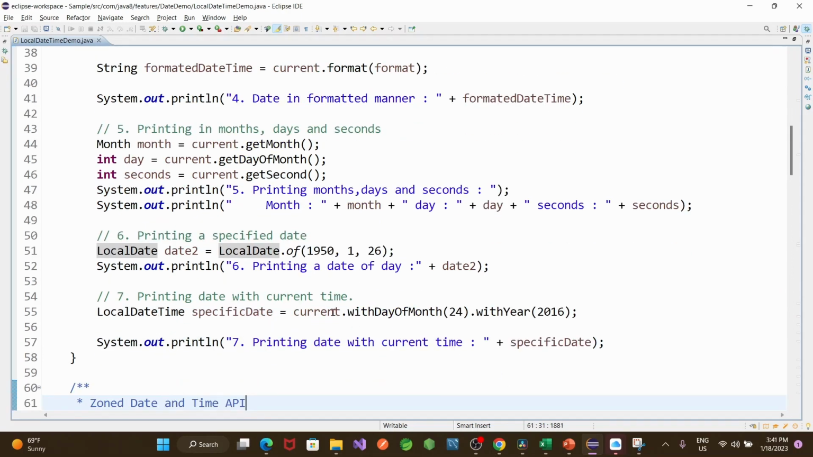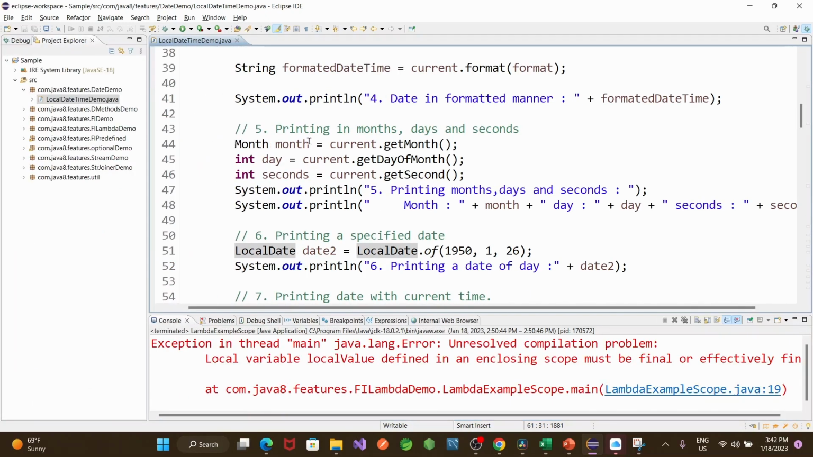And if you want to print the date with the correct time, in a local date time, I'm giving current dot with day of month 24 and with year 2016. Then you're printing the current date with the time you have mentioned and with the year you have mentioned. So when you run this,